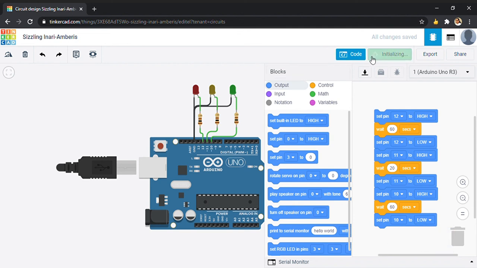When you click on start simulation, you'll have to wait for a minute. The red begins glowing since you start, and you have to wait over here for 60 seconds to get over. As soon as the 60 seconds are over, you will see it will shift to yellow, and after the 20 seconds of yellow being lit up, you will see that it will shift to green, and that's pretty much your traffic simulator.